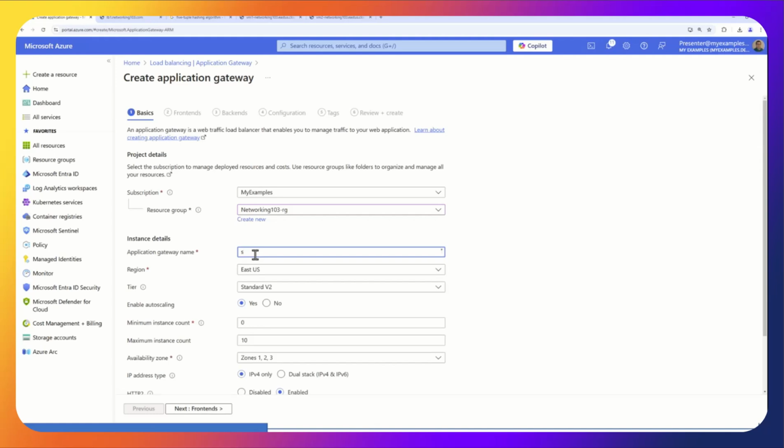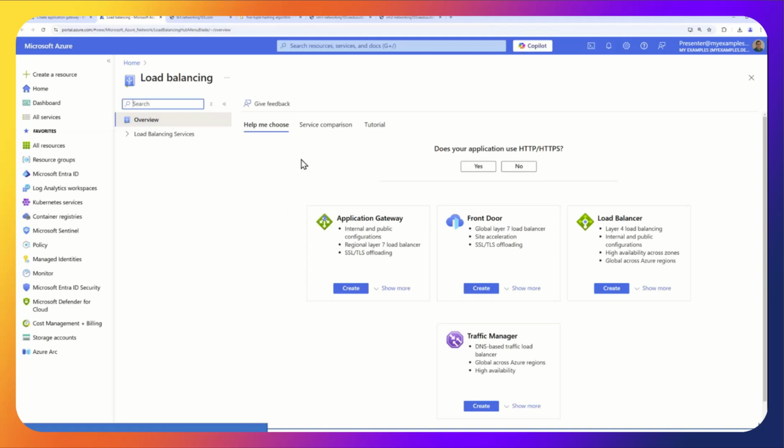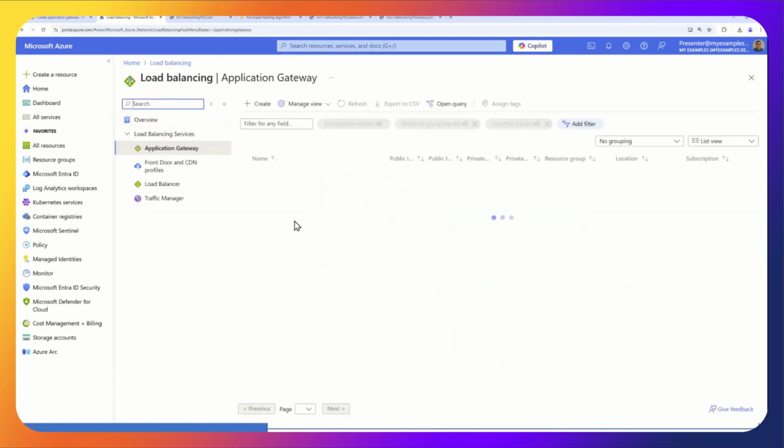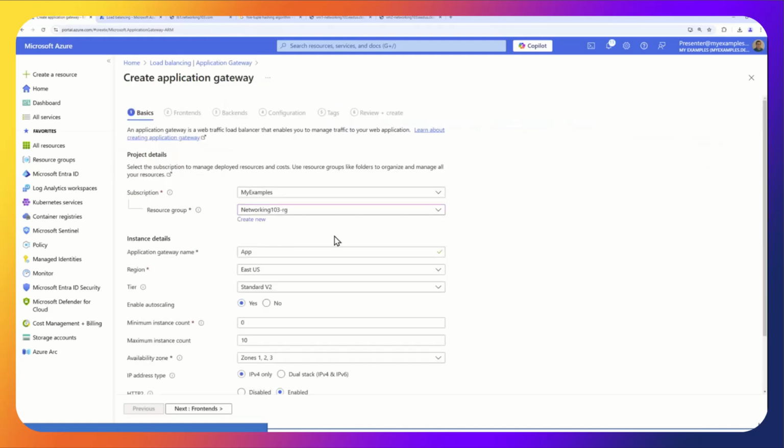Let me see what I called this, just to keep the naming consistent. Name's not really that important, but that's what I practice with.